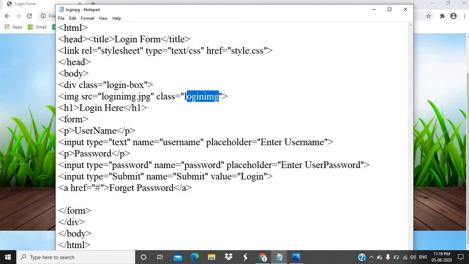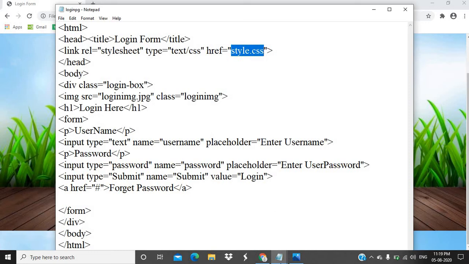Within the head tag, I have given the link reference, that is a style sheet. Basically we are doing this coding with the help of a cascading style sheet. Of course students can also mention the codes directly within the HTML tag. Already I have explained in my last video section when we uploaded the simple web page using only HTML tags. Now this time we are using cascading style sheets. So we have to specify the type and reference, that is the style CSS.